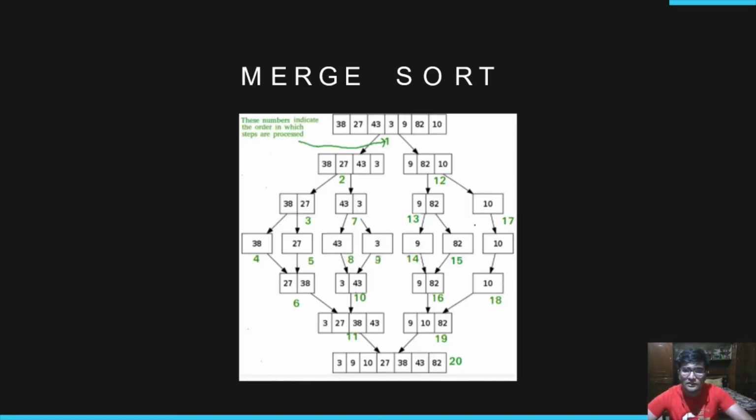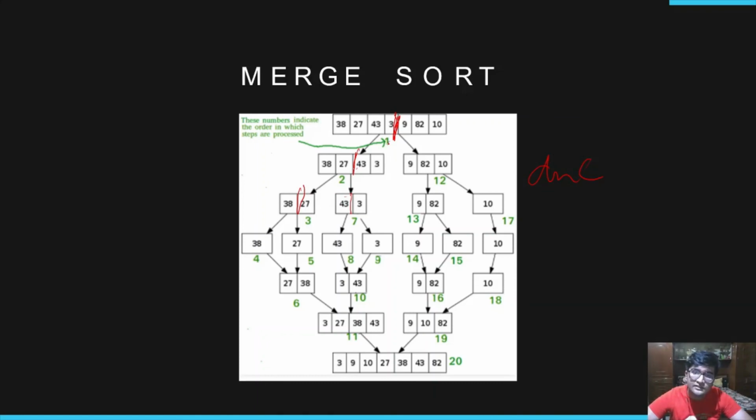Moving forward, lastly, we have this merge sort. Merge sort, as you can see in the figure, is based on our technique DNC, divide and conquer. As you can see, we are dividing this array based on its mid into two subarrays, and then we are again dividing it into two subarrays, and then again into two subarrays.